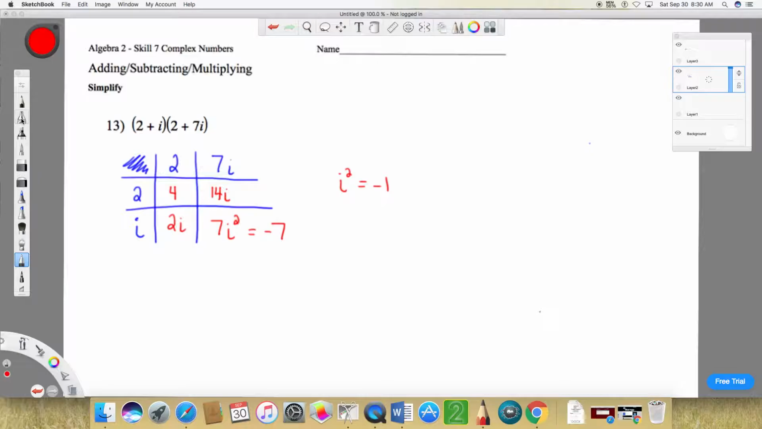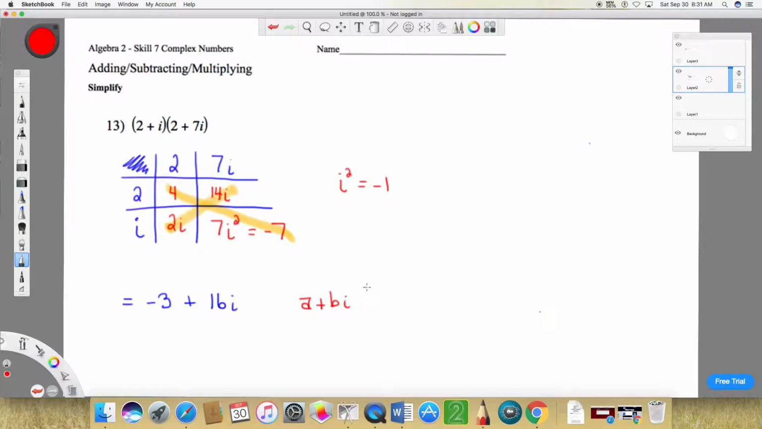So now if we look at our table, we see that we have some like terms. The diagonal here, the 4 and negative 7 are like terms, and the 2i and the 14i are like terms. So if we add up our diagonals, we'll have our final answer. So 4 minus 7 is a negative 3, and 2i plus 14i is a 16i. And that's typically how we write that because we try to write our answers in standard form of a plus